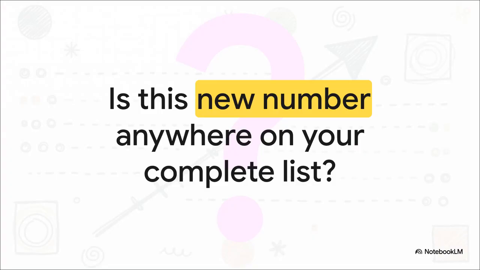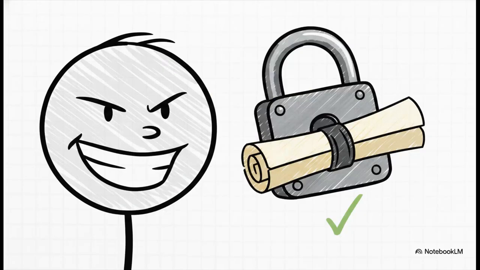Which brings us to a huge question. Could this newly built number be anywhere on your supposedly complete list? We must now check this newly minted number on the napkin against your massive infinite scroll. We literally have to go row by agonizing row to see if the number we just built is anywhere on that list. The list is complete. Remember, you were absolutely certain just moments ago that your scroll contained every single number. The list was locked in, 100% complete.